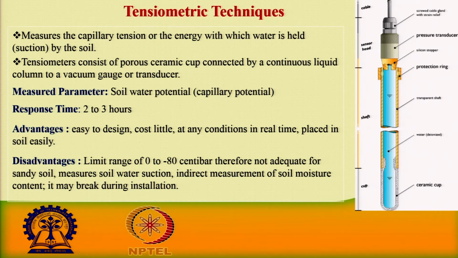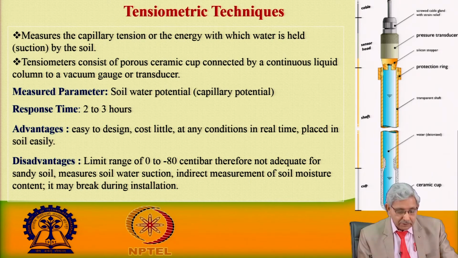Here on the right side, what we are seeing is a tube, and this tube is filled with water. The top of the tube is attached with a stopper, a silicon stopper, and then there is a pressure transducer. When we pierce in the needle, the pressure transducer gives how much soil moisture suction or tension is available, and this data can be read by the readout unit.